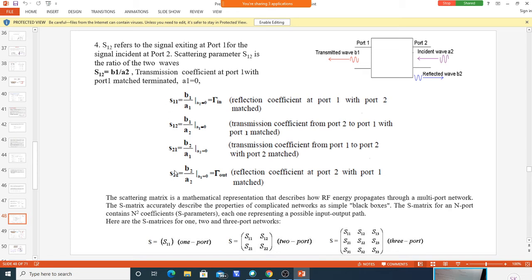Plot all these parameters with respect to frequency, and from that frequency plot we can come to know at what frequency that amplifier is giving the required gain. And similarly you can come to know whether it is acting as a filter or not. Any device which you buy, you can test whether it is performing its function or not by measuring these parameters. So that is about the S parameter.